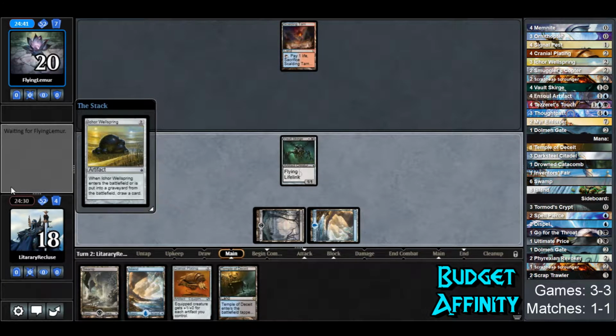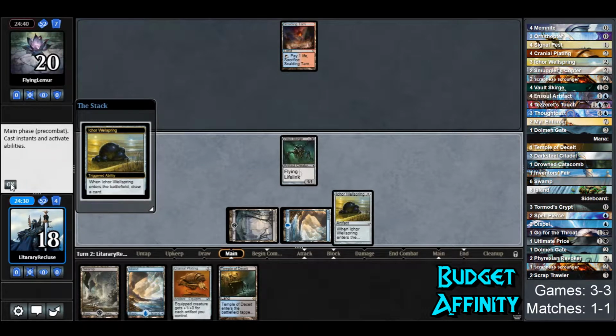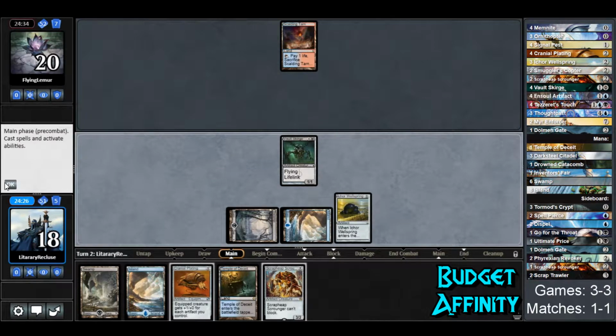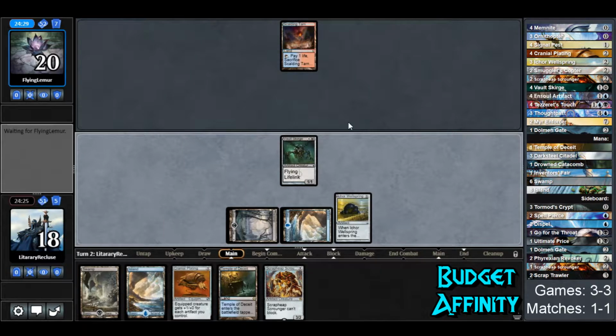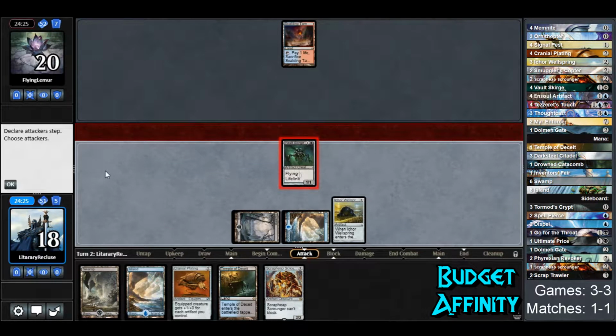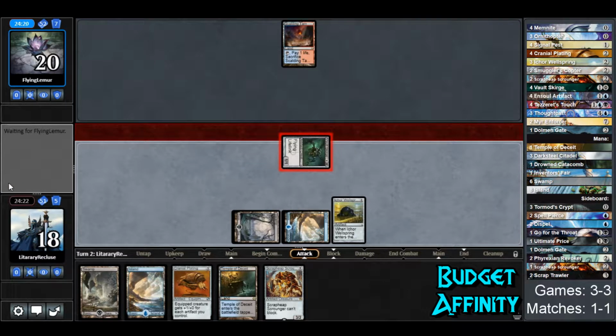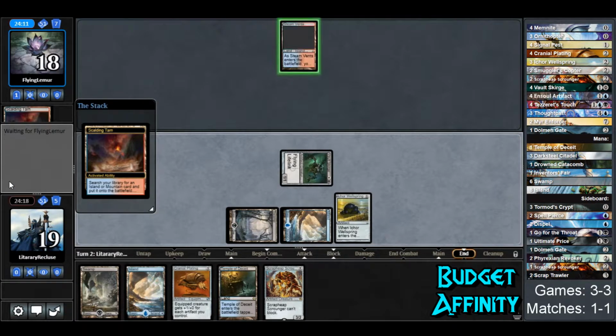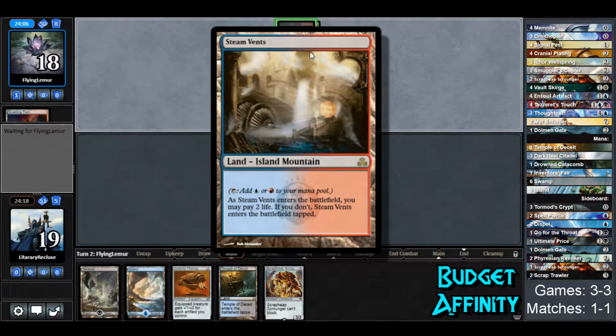So let's draw a card with Ichor Wellspring. See what we get into here. Not another land, I hope. Scrap Scrounger, that's acceptable. Next turn we can play and equip Cranial Plating anyway, so not a big loss there. We will go to combat, attack for 1. Opponent's going to go down to 19, and we will go up to 19. And we will pass. Opponent cracks the Scalding Tarn, gets a Steam Vents,